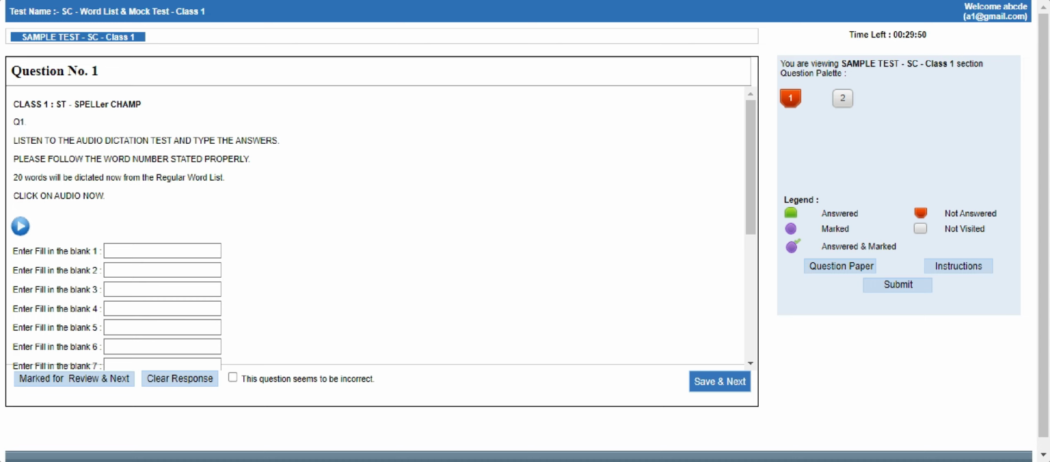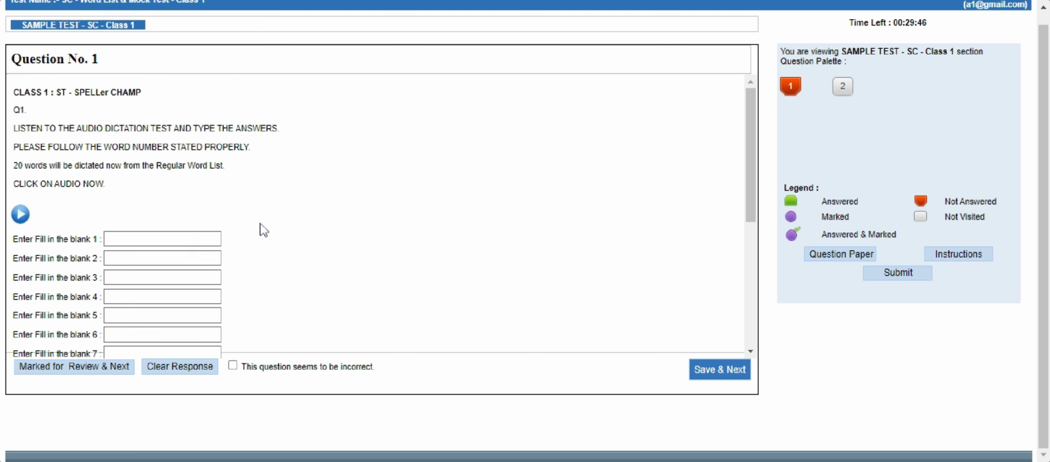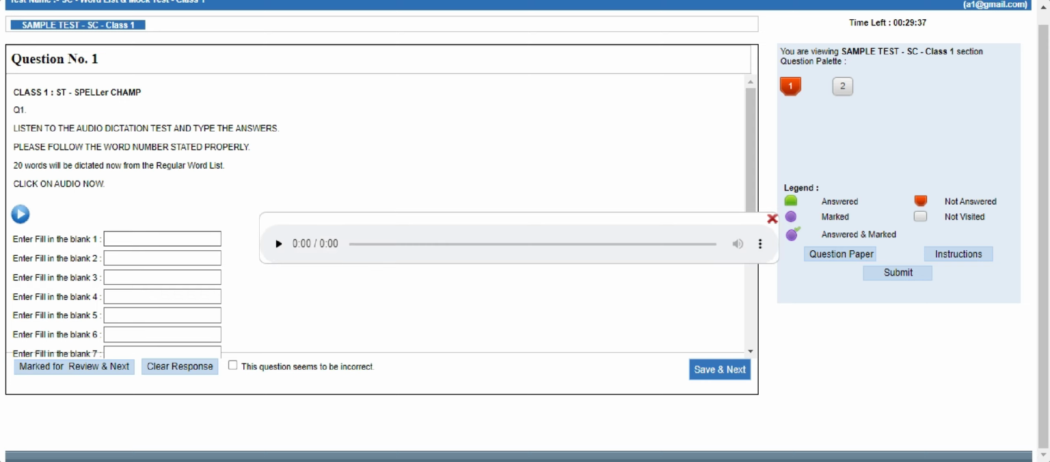For this, you have to read this. The 20 words will be dictated. All the 20 words have to be typed here in any manner you feel like. And before starting with typing of answers, you need to listen to the question. So the question is over here. You click, and then you click here, and then what will happen